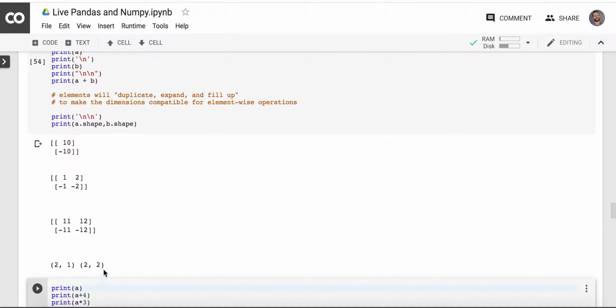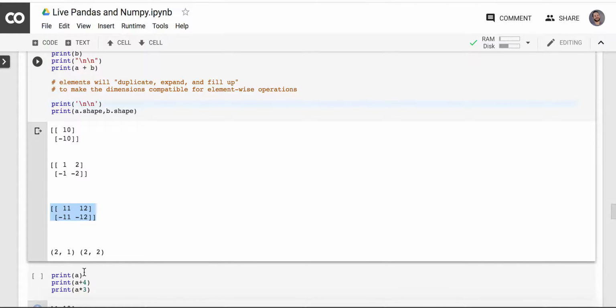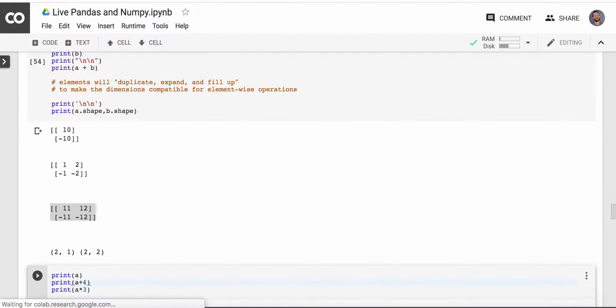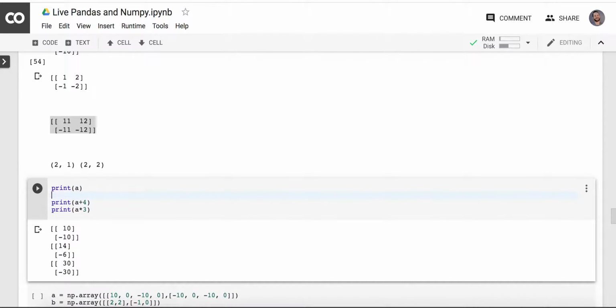So you can see here, right? They're not the same shape, but we still were able to add them together. That's the real thing about broadcasting. It's really cool. Finally, you can also add a scalar value to any value in our